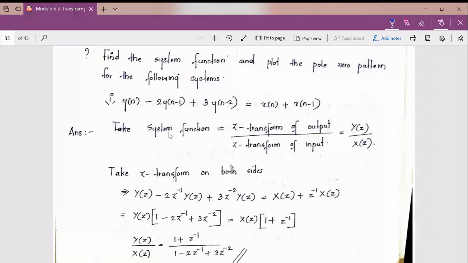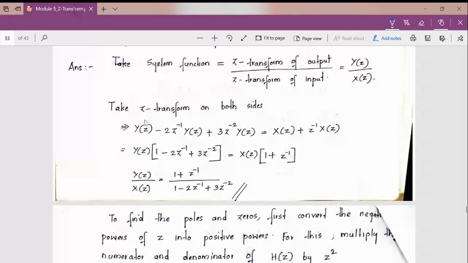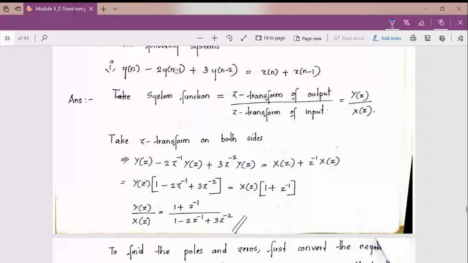We know that the system function, that is the transfer function, is the Z transform of output divided by the Z transform of input, that is Y of z by X of z. Now we are taking the Z transform of both sides of the difference equation. We will get Y of z minus 2 z raised to minus 1 Y of z plus 3 z raised to minus 2 Y of z is equal to X of z